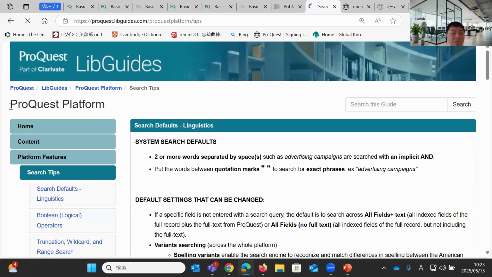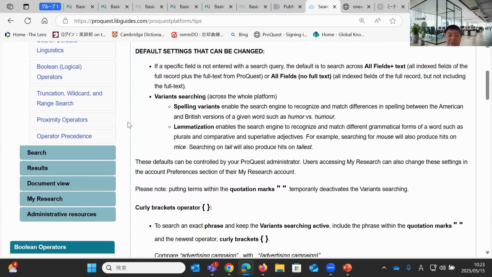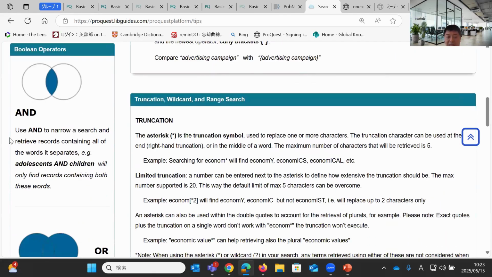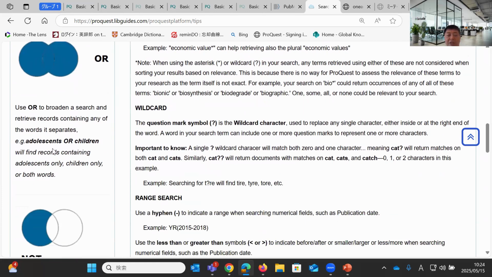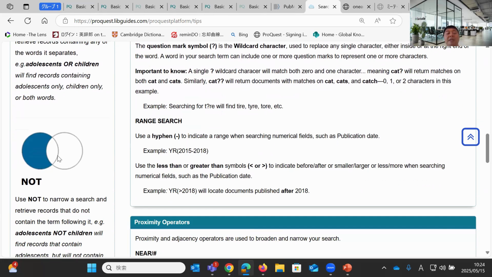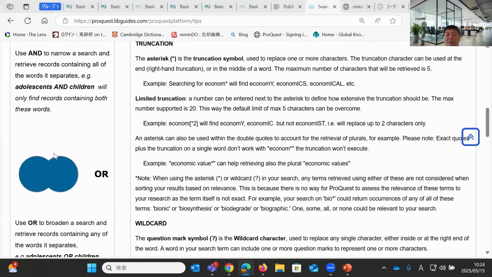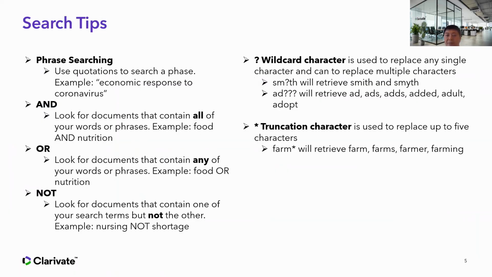I have it here. This is a lit guide, and I'll talk about it at the end of the session as a review. So search tips, right? I think you remember the set theory you learned. In Japan, we learn it in high school. It was a long time ago when I was a high school student. But set A, set B, right? And must have both. Or it can be either. And NOT, you want to exclude a little bit, right? So this is the application of set theory. These are the operators.